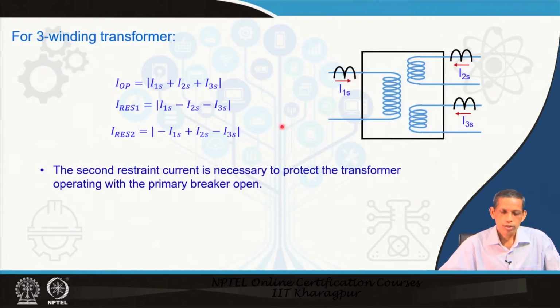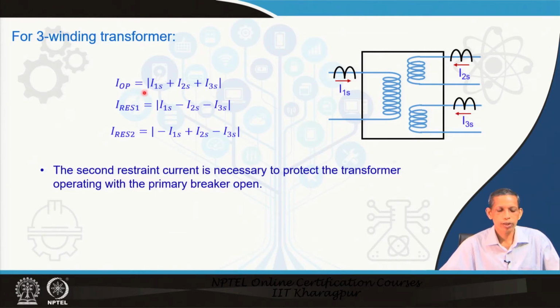Now, what we discuss is the 2 winding transformer and the 3 winding transformer, where, say, a delta winding may be a third winding option, as in many applications in high voltage systems and power transformers. In that case, I1s is entering, I2s is entering, and for the third winding I3s is entering. So all 3 currents are entering the zone, that is the philosophy we are considering in our approach.